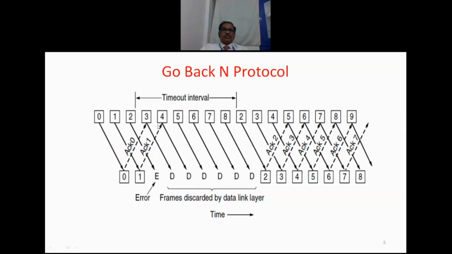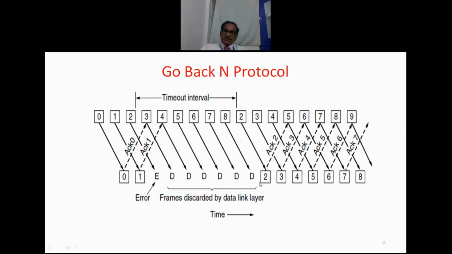This is what the sender will assume, and after the time expires, it retransmits the same frame. Now this frame will be received by the receiver at this point, and it is acknowledging. Till this time, whatever other frames have been received, all of them are discarded or rejected,